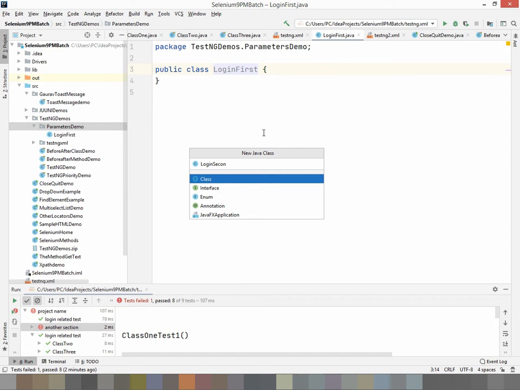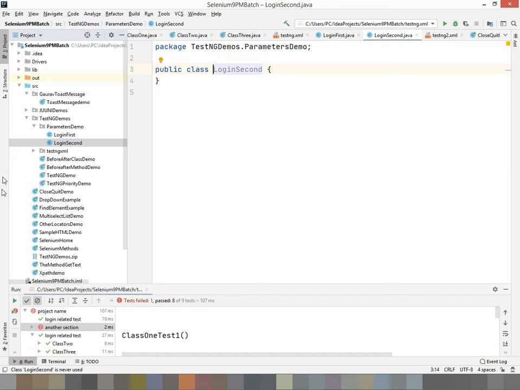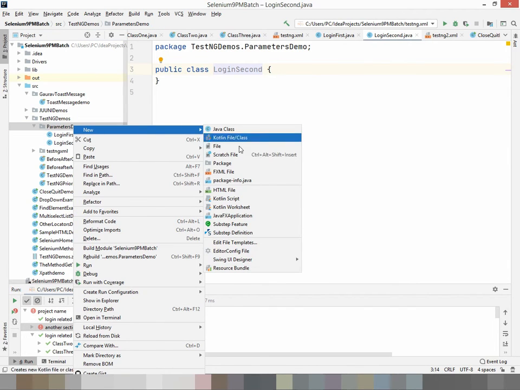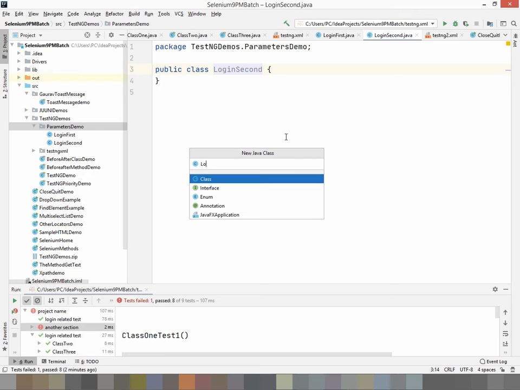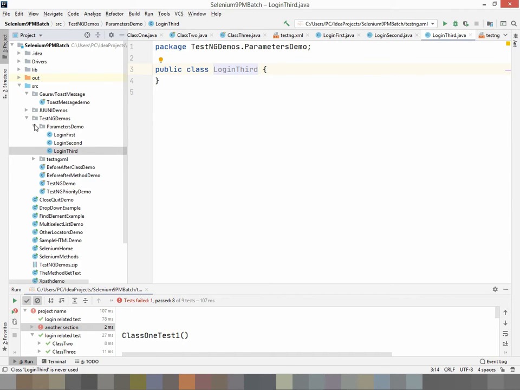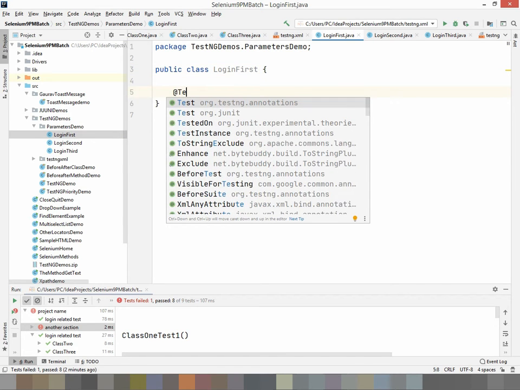Okay, only two classes I'll create, or let me create three. Login third. What I'll do is create a single test inside each class.